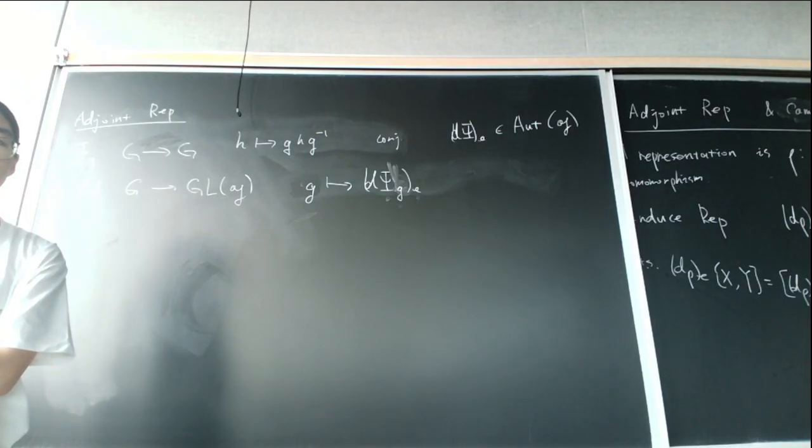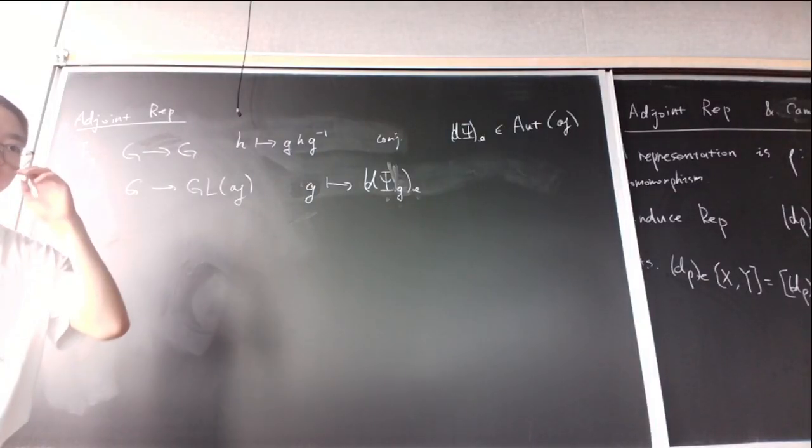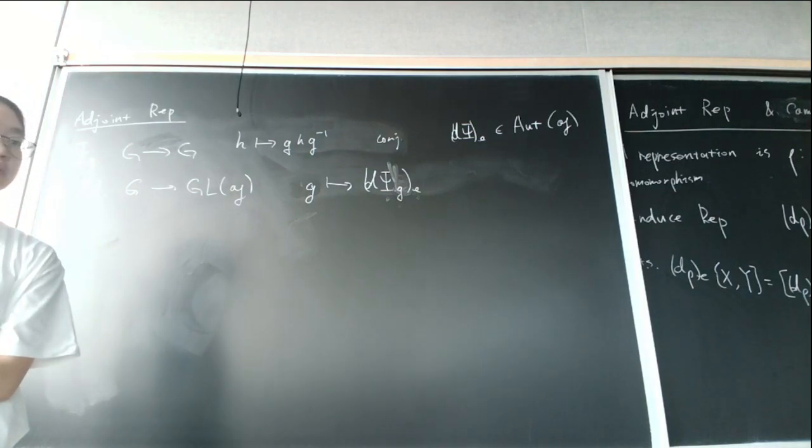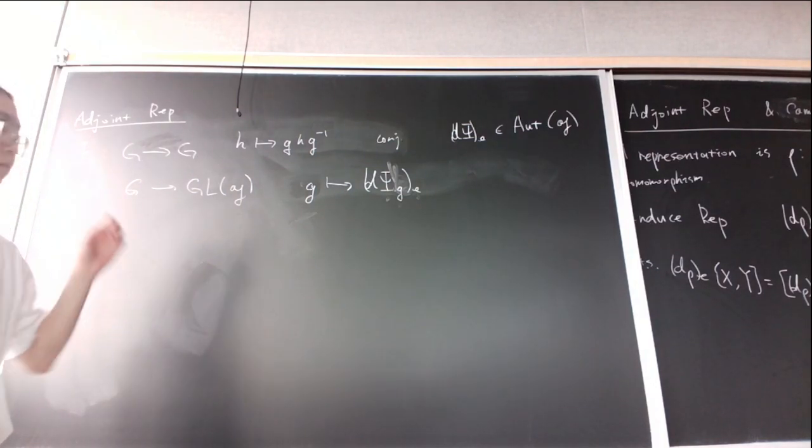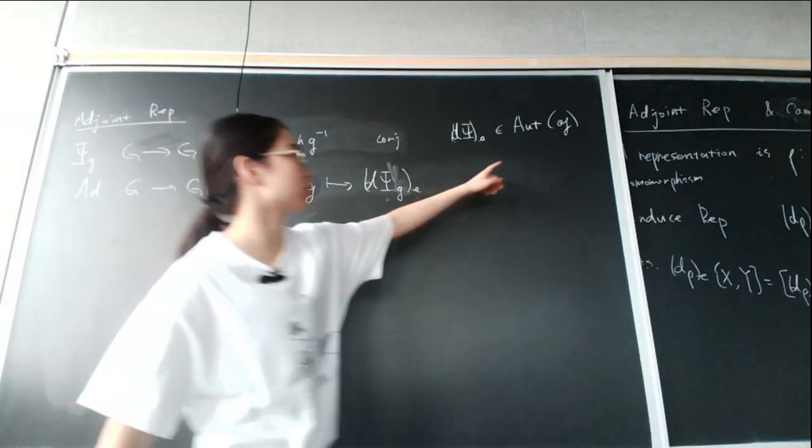All invertible matrices. All invertible linear transformations. Baseline, G is just a vector space. Okay, that makes sense. And here I said automorphisms on